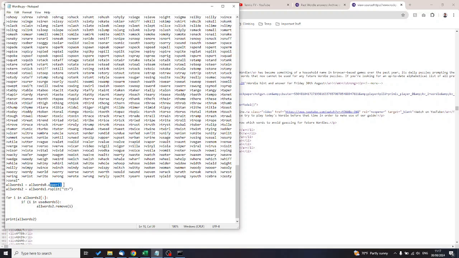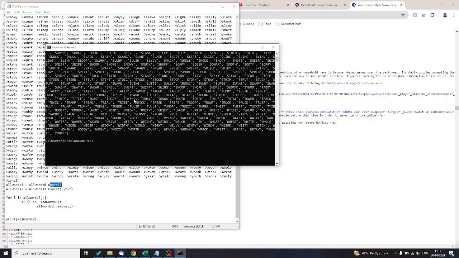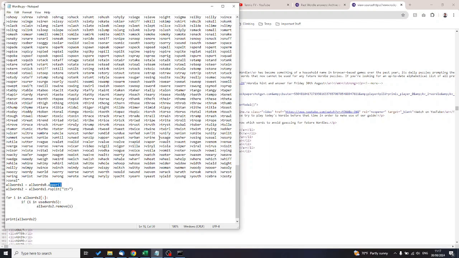First of all, we go upper because in computer programming, lowercase is different than uppercase. So we want to make sure the two lists are in the same case. And since the list of used words is all uppercase, I use this upper function to make this list all uppercase. And then I split it just like \n is new line, \t is tab, and then the greater than symbol. So \t greater than will get rid of this part of the list here. And now we have this all words 2, which is now a clean list of all possible Wordle words in